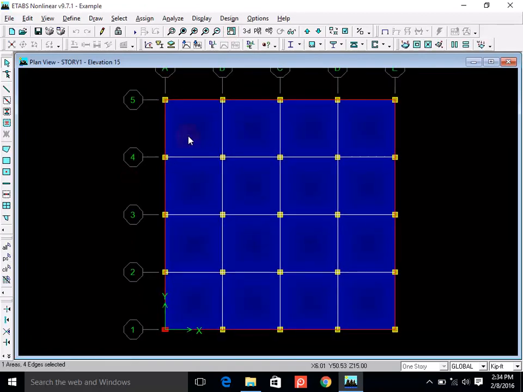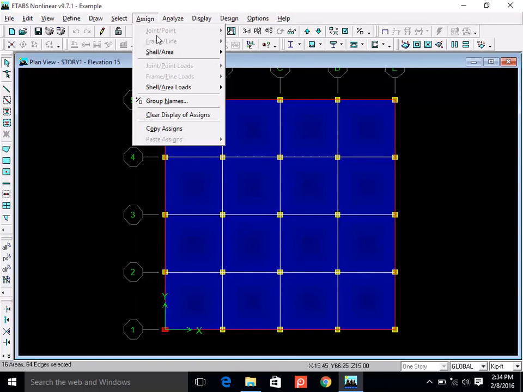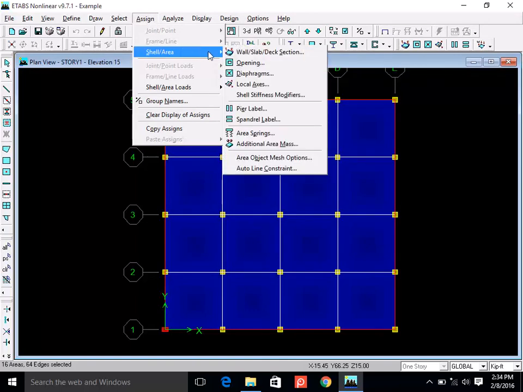So I select the slabs. Maybe you can't see, but you can read this. I'm selecting all of them one by one. So my 16 areas are selected. Now you select the areas and go to assign and go to shell area